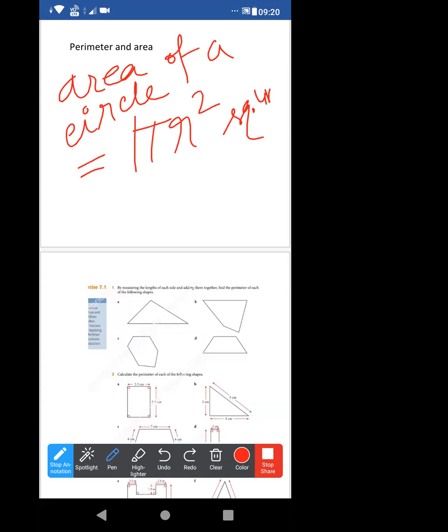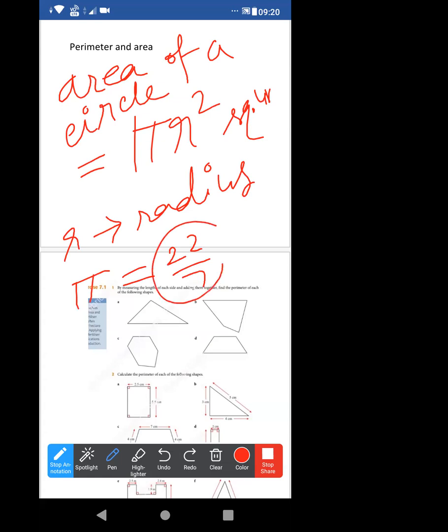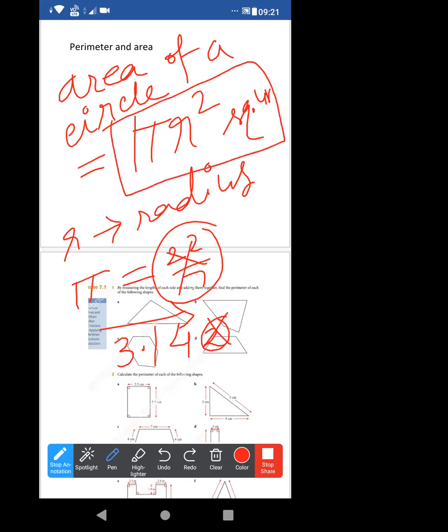Now just look, where r is the radius, and pi you already know the value of pi. Always 22 by 7. Don't take 22 by 7, take 3.14. In this case, try to take 3.14, up to 2 significant places. Now I'll move to the questions. These two formulas, all of you understood, but you have to just remember these, not the deduction of the formula.